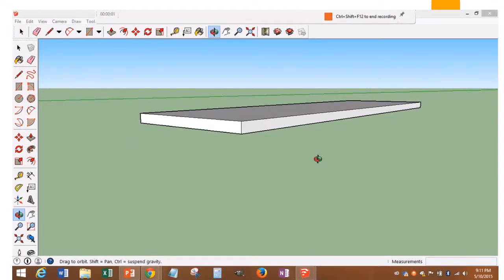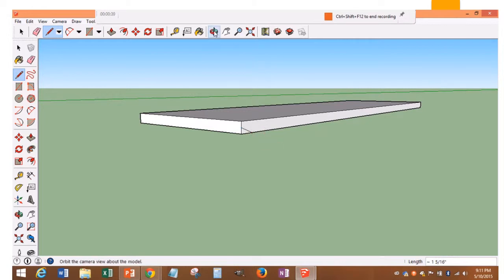Our next step is to put that bevel on the edge of our table. So you can see I've zoomed in and I'm looking at one of the corners. Go ahead and choose the line tool, the pencil, and then you're going to come to the corner, find the midpoint, and you're going to draw an angle to one of the bottom edges, and you can make that angle as big or as small as you would like. And then when you've got it on edge, go ahead and click one time,